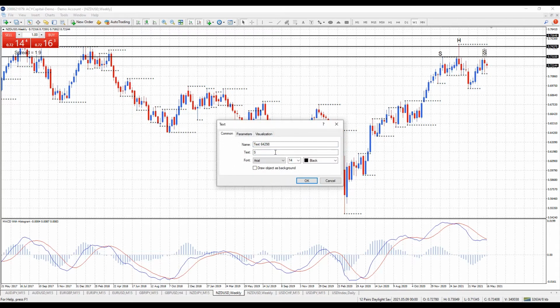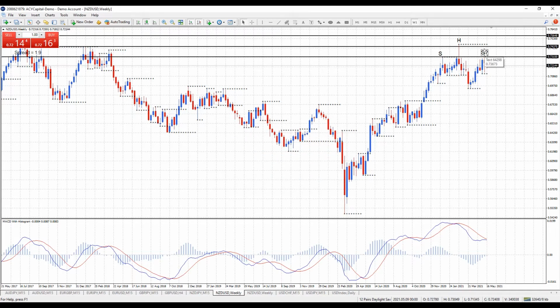And we've got a potential left shoulder forming here maybe. Okay, so I've got resistance over on the left shoulder, and we're just a little bit short of that level